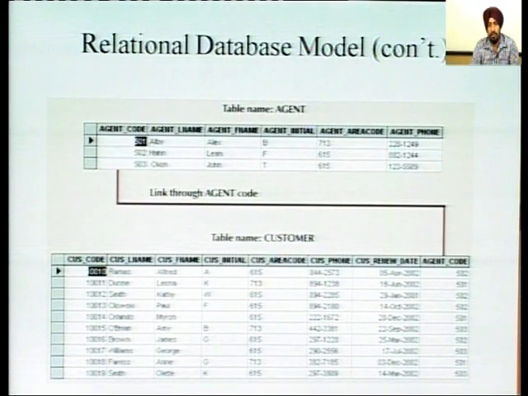And in a second table, that is customer, there are again eight attributes. The first attribute is customer code, then customer last name, customer first name, customer initial, customer area code, customer phone number, customer review date, and agent code. In these two tables, one column is the same, that is agent code. Agent code in the agent table and the customer table is the same